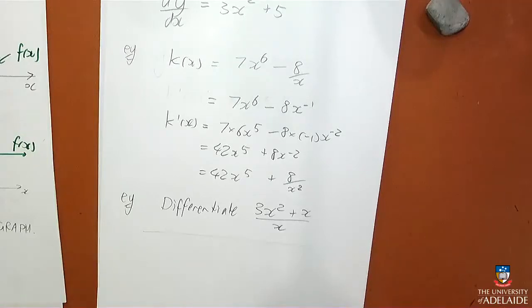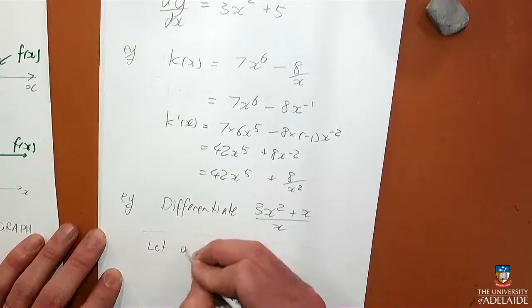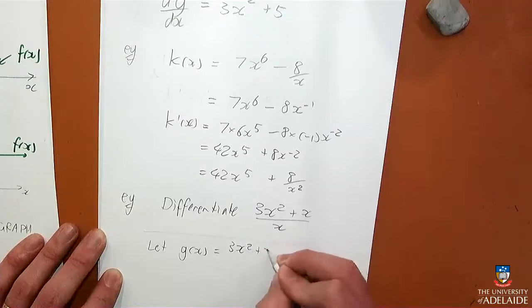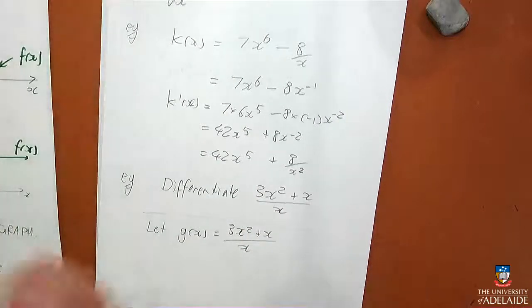it's going to be way easier to do this if I give that 3x squared plus x all over x a name. I could call it f of x, or I could call it y, or I could call it w, or any other letter I want, or g of x. But as long as I give it a name, it'll be easier to write down. So why don't I do that? Let g of x be equal to this. Okay. And then